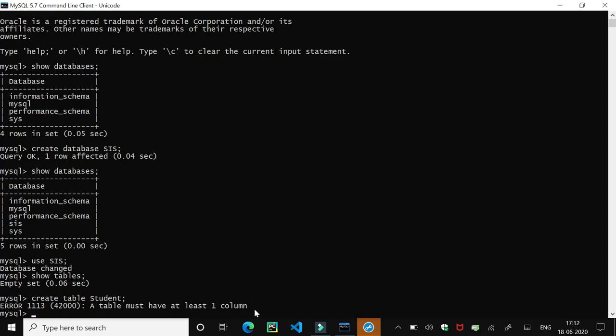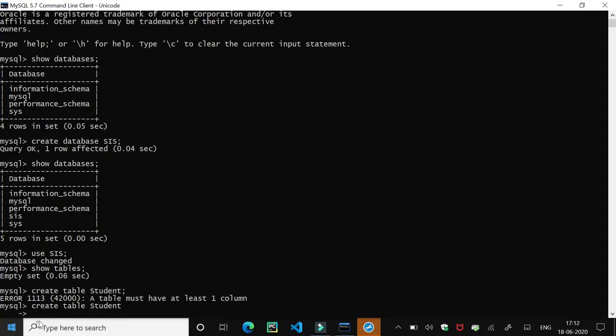So what this message means, student is a table here and every table is a collection of rows and columns. So there must be at least one column in it. So a table must contain at least one column. It might be the situation the table is newly created, so there is no row available in it, but it must have one column in it. So again, I am going to define the table with our specification. Like just I am adding a few columns in it.